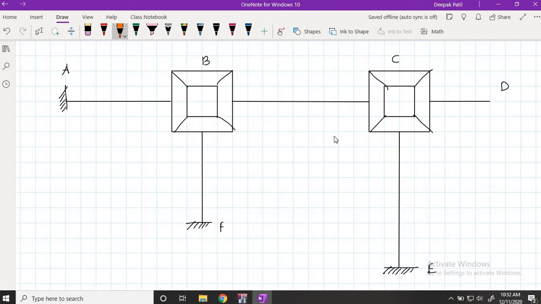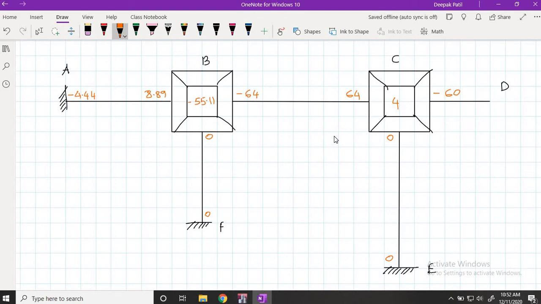Let me first write the fixed end moments. Minus 4.44, and this is 8.89. Fixed end moments BC is minus 64 and CB is plus 64. This side it is minus 60. No fixed end moments here. Now let me write the summation of fixed end moments. 8.89 minus 64, you will get minus 55.11. 64 minus 60, you will get 4, right?